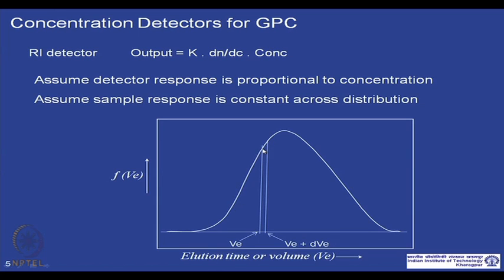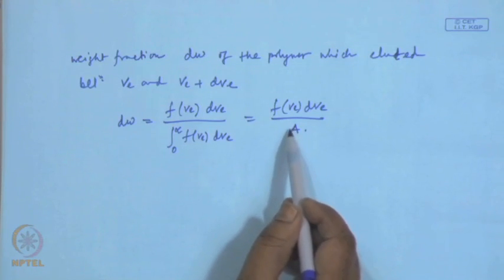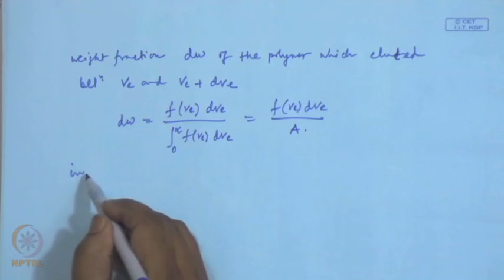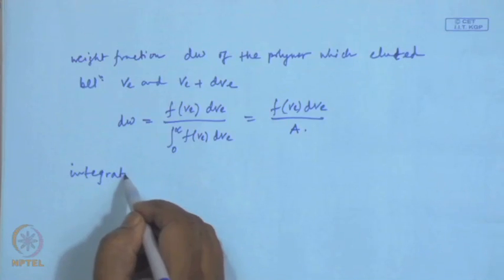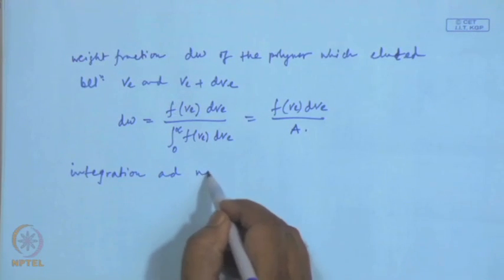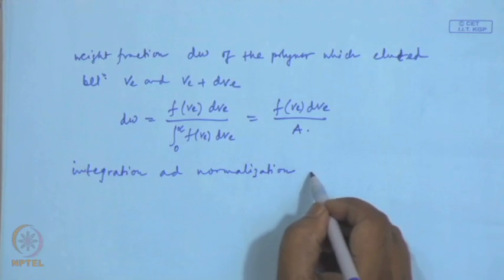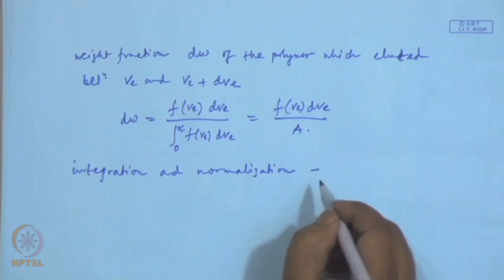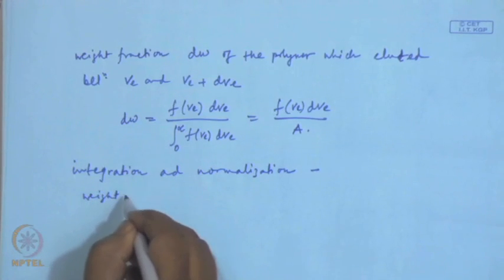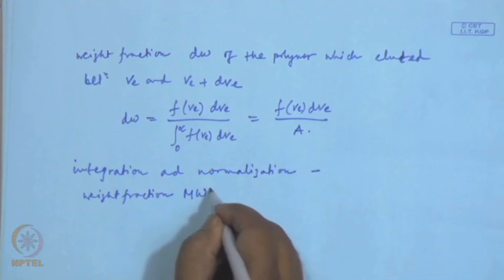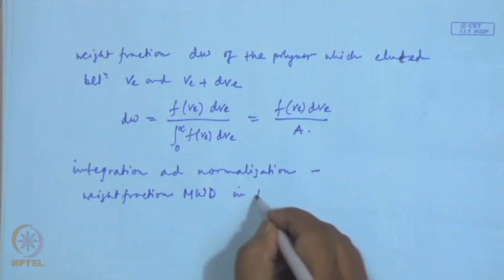So, this is the weight fraction for the polymer which eluted, and it can be written like this, where A is the area under this curve. And if we do integration followed by normalization, we can get this weight fraction molecular weight distribution in the form